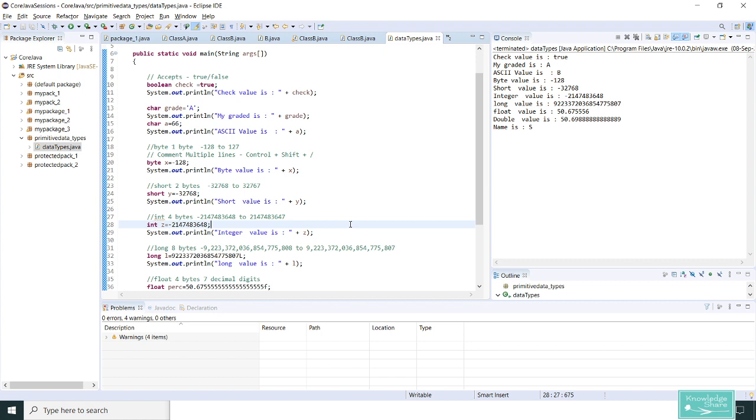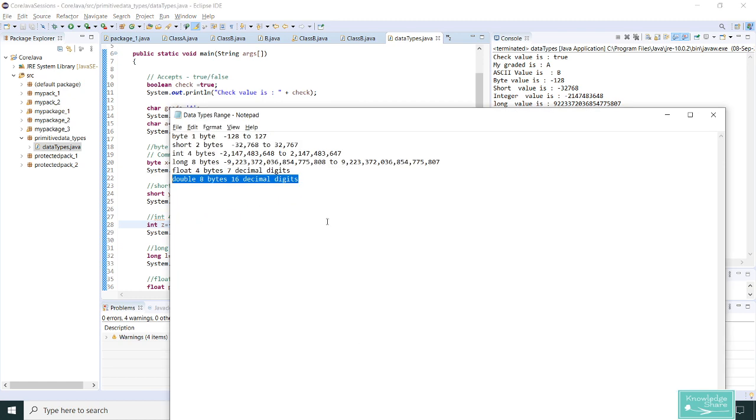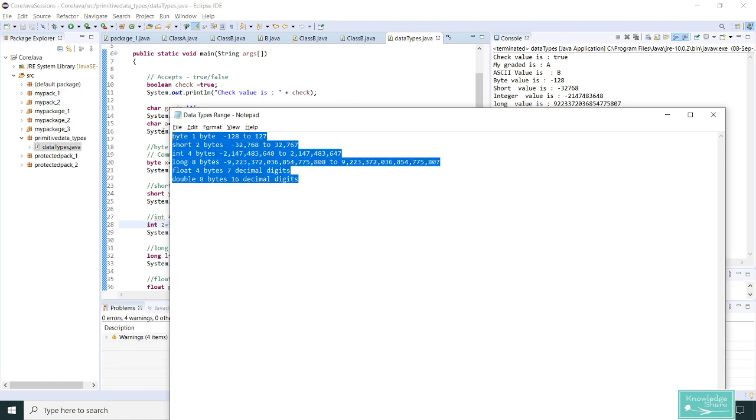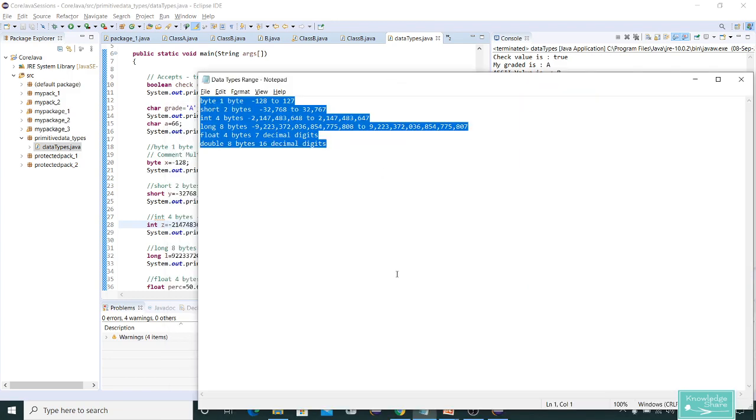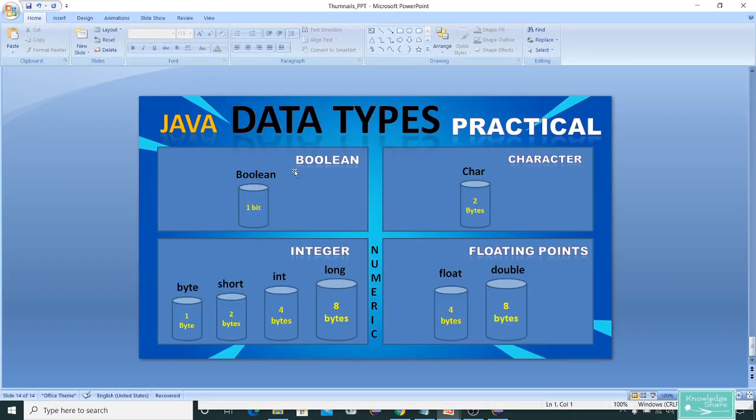Remember, all these might be interview questions. They will ask you, if you attend as a fresher, what is the size of integer, what is the size of float and all. And I'll be pasting all these data ranges. Of course, this is not much required, but you just need to know about this. How many bytes it occupies is very important. If you want to know what these data types are, you can watch my previous session. I have given a clear overview of these data types and some basic knowledge to proceed with the practical things, right?